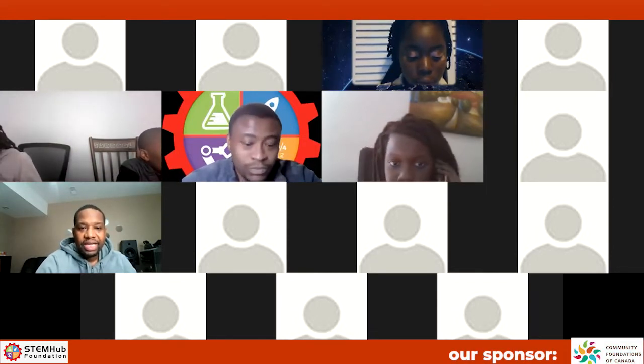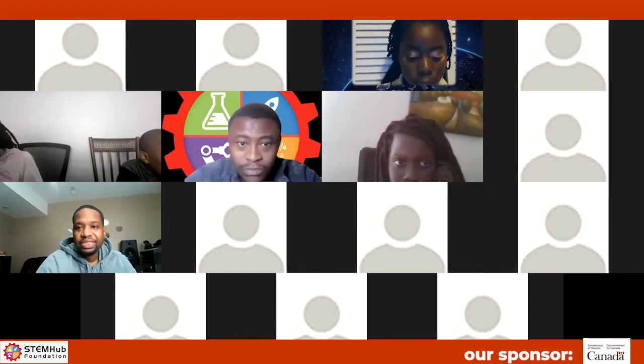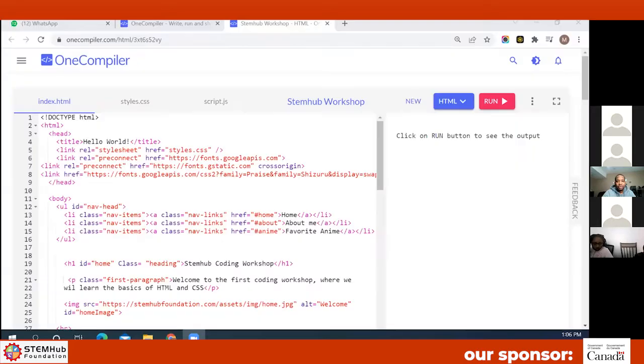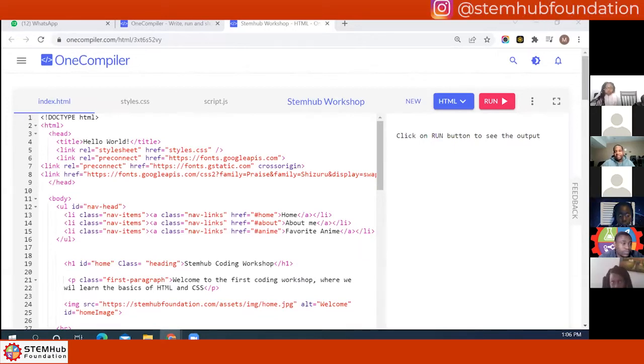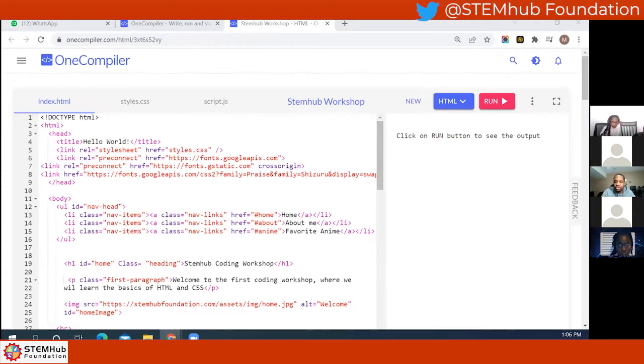So today what we're going to be doing is adding images, as well as websites and videos, to our website. We're also going to be covering centering images and playing with the size of images. So it's going to be very interesting. And we're also going to embed a YouTube video, so we'll be able to do that as well.